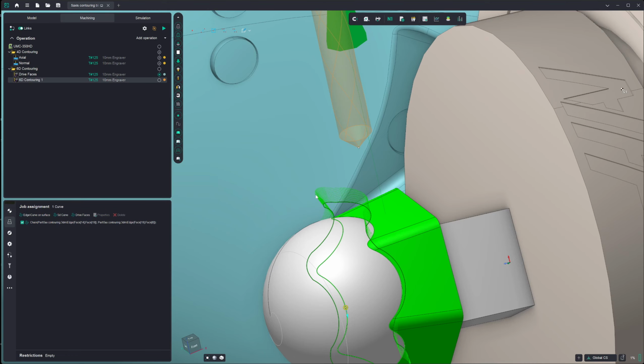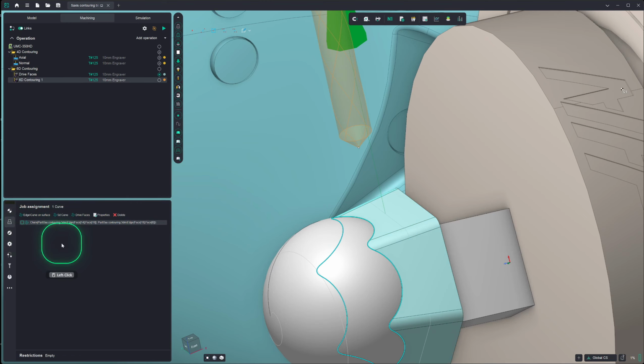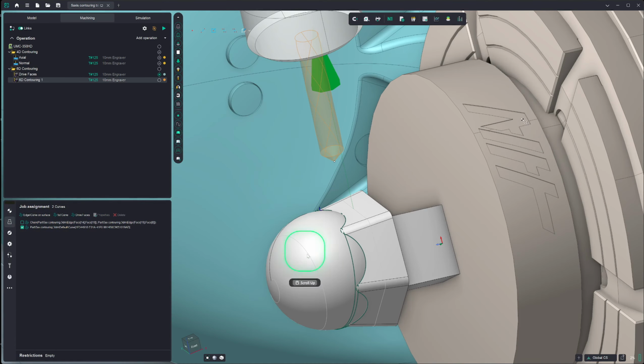Now, for the sake of comparison, I will show you what happens when you grab a curve in this instance instead. Bearing in mind that this is not the uniform experience, it's just this is an edge case model, which I deliberately chose to highlight how this can go wrong sometimes. So I'm going to hide this, not going to delete it, and I'm going to turn on select curves again, and I'm going to grab this curve and then click on edge curve on surface, and we can automatically see how we've got some dull green weird looking toolpath instead,